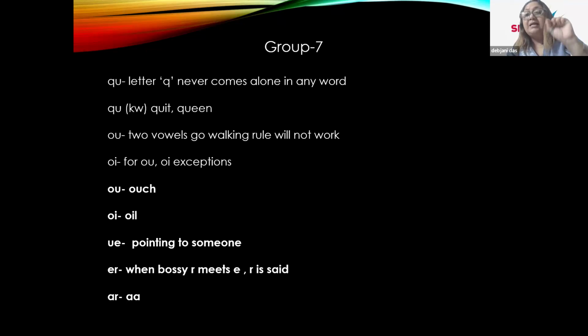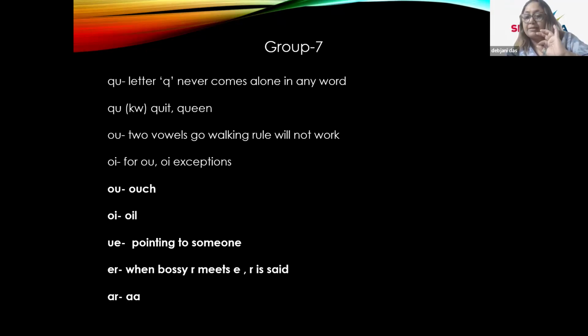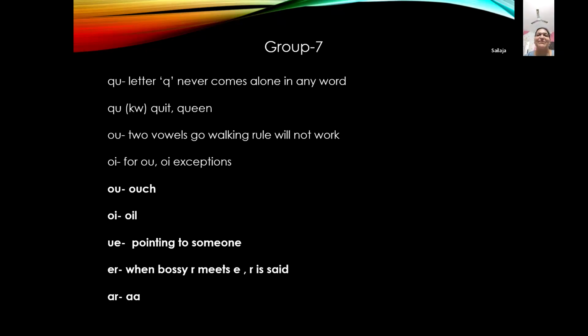Again in train, T and R will have 2. Then A and I will make one single sound, that is A. Underline AI, that is a digraph. Put a sound button there, and so there are 1, 2, 3, 4. Did you get my point? Yes, madam. Now I got it.